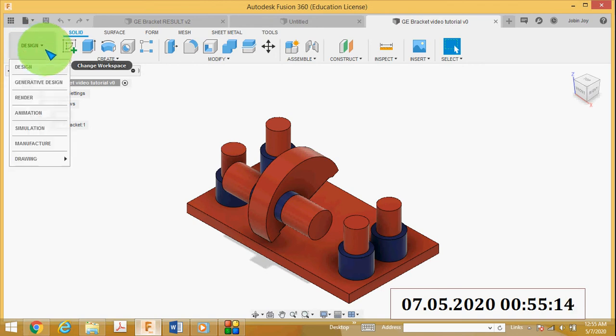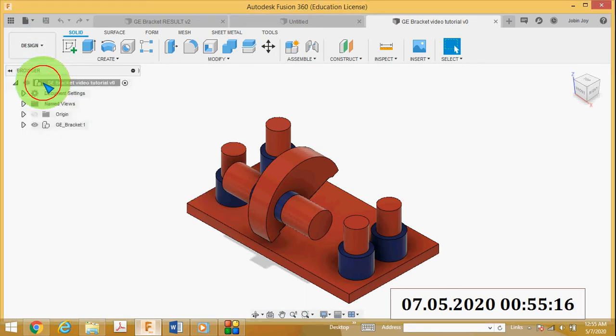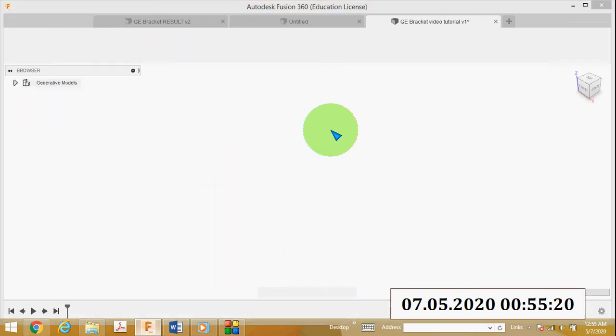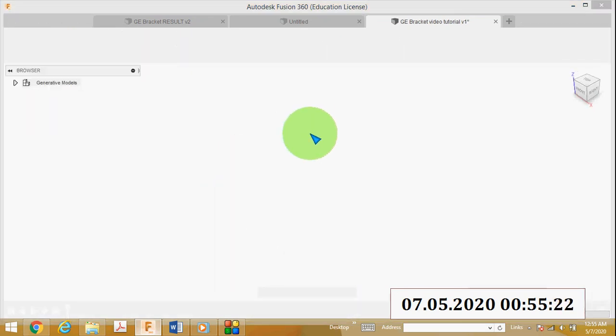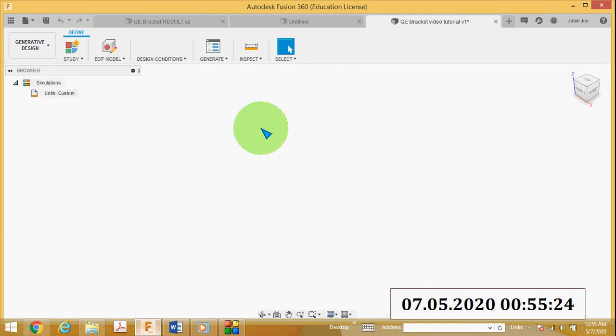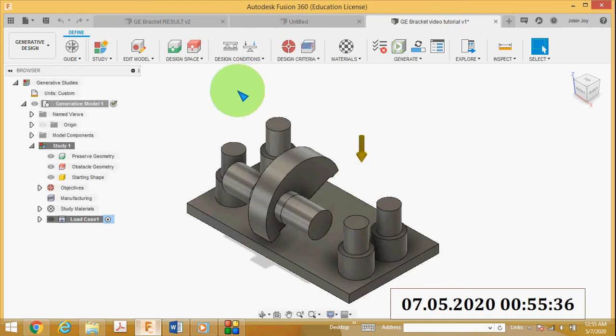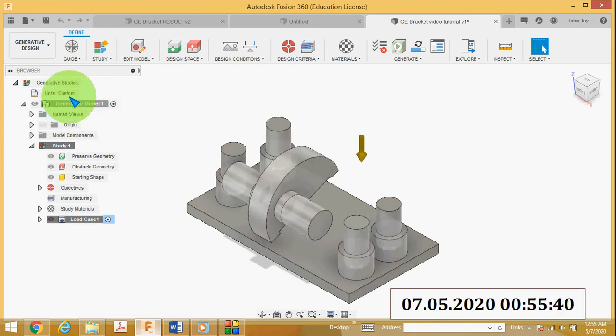Then you have to change the workspace, go to the generative design workspace. Then first you have to change the units.